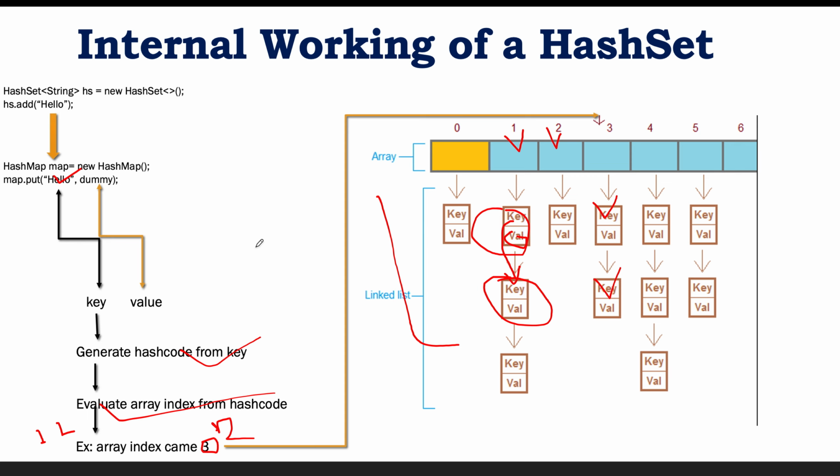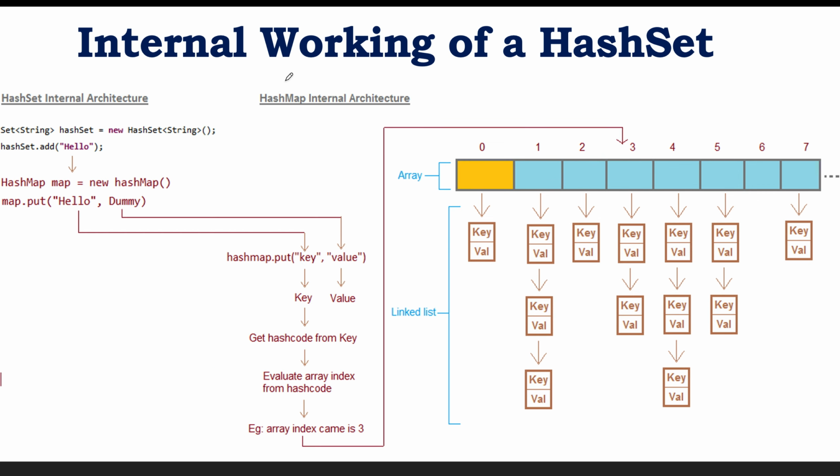So this is what the internal structure of the hash set looks like. And also you can see here that hash set uses the hash map. So this is also the internal structure of the hash map. When you talk about the hash map internal structure, the same flow is followed, because hash set is on top of the hash map, right? If we are using hash set, it is internally using the hash map, and this is the flow of the hash map. So the internal structure of hash map and hash set is the same. This is a very important interview question, so you need to know how hash set or hash map internally works.